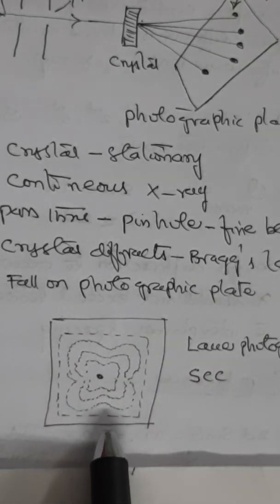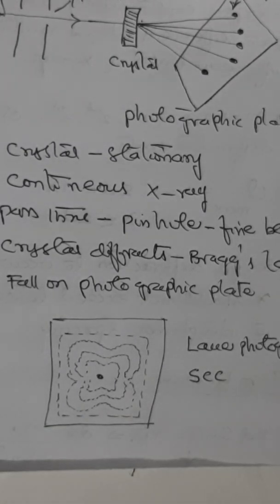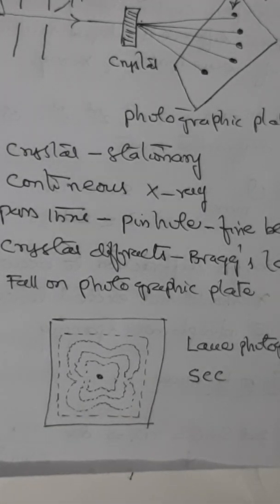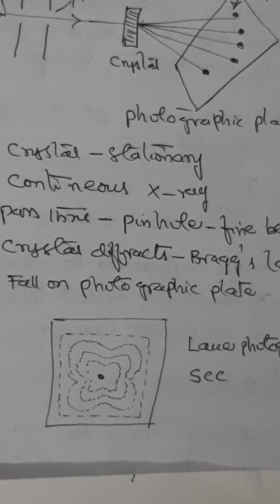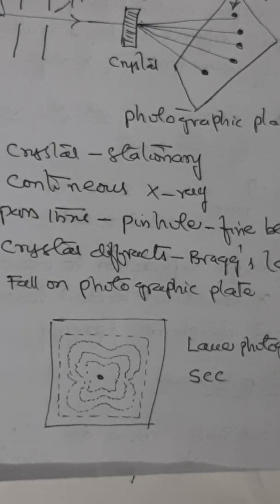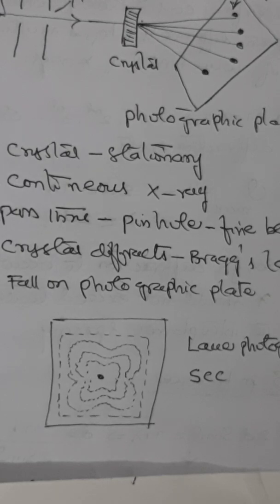Now if you look at the merits and demerits of this system, Laue method is very much useful and it is used for the determination of crystal orientation and symmetry. It is also used to study the crystalline imperfections. That is what we are going to discuss later. Imperfections means defects. So Laue method is useful in that manner, but it has got its own disadvantages or demerits.